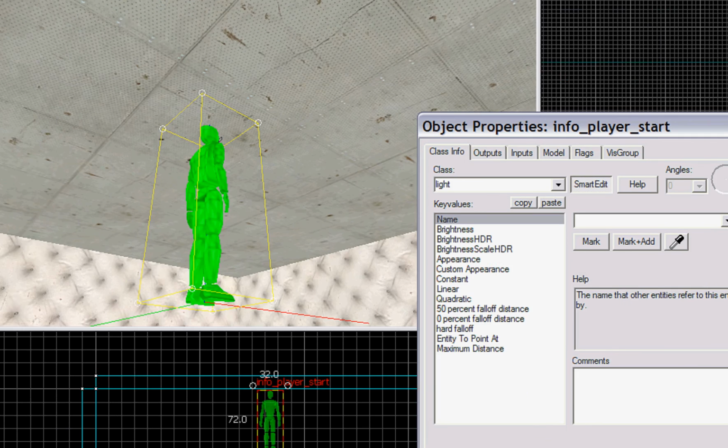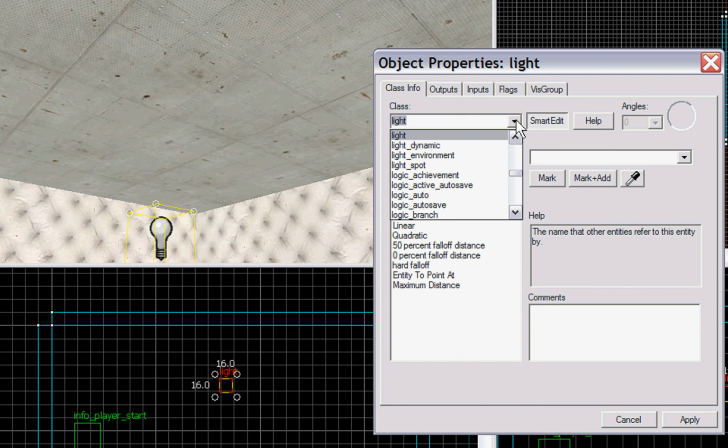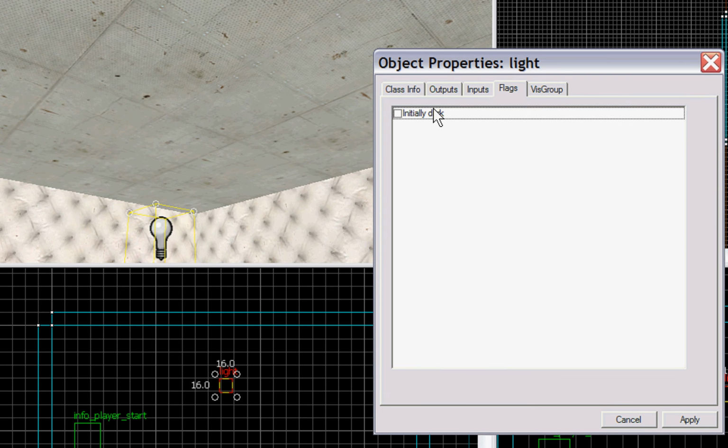Alright. Now, after I typed in light, I'm going to hit apply. You'll notice that if you go into the class, you can also scroll down to where it says light. There's several different types of light that will cover each and every one. Under your flags, you can type initially dark. Flags are basically like conditions for the object upon spawning into the world of certain functions you want it to perform. Like initially dark, if you want an input and output